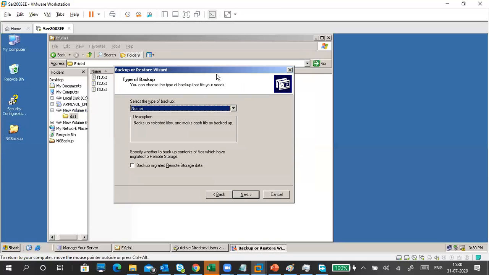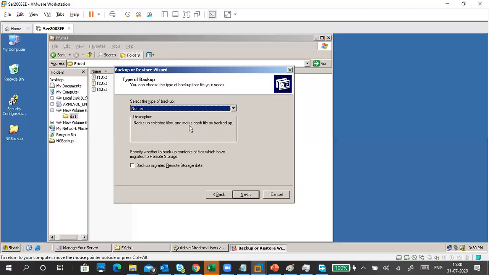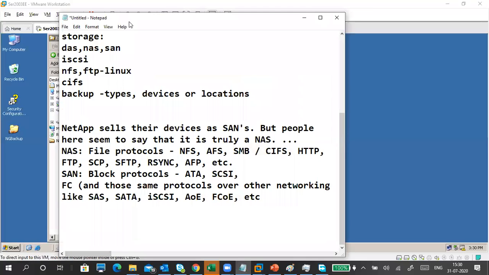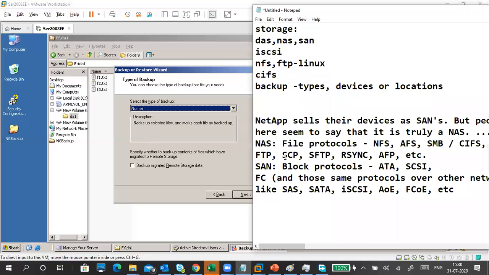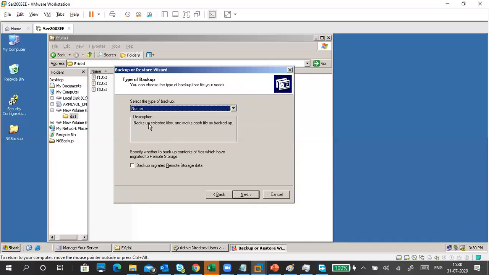Guys, if you have a pen and paper, write down backup types. Types of backups: normal, copy, incremental, differential, daily. So what is a normal backup? Write down what a normal backup is. I have to write it down myself, but I have to type it, so that's the difficult part. We can't copy from there to here.